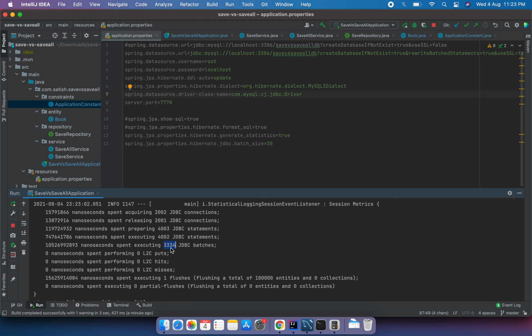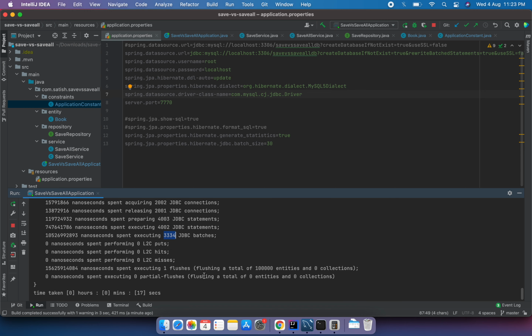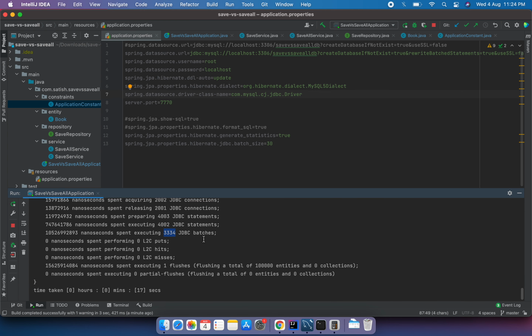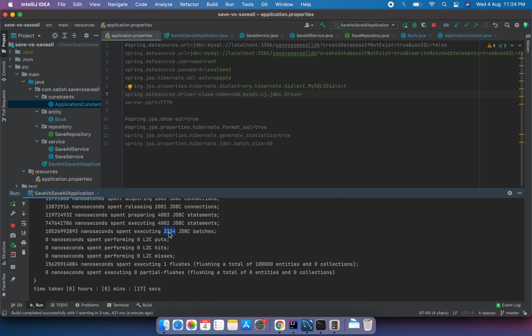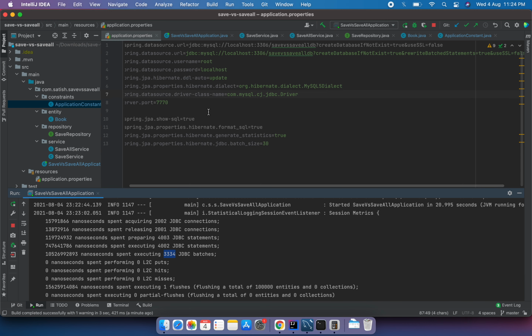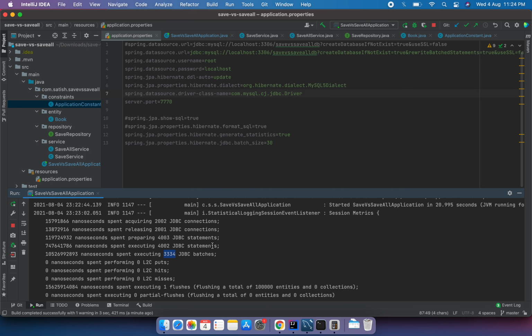At the end it will be adding around 1 lakh entities, and the batches it creates are around 3334. So in this scenario we can definitely see that batching is being created, but in the other scenarios batches are not created internally.